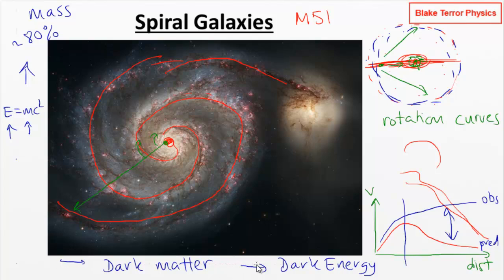And then we're multiplying up again and saying, well, you add up all of your visible matter and your dark matter, and if you double that, that gives you the dark energy. So we're only looking at a small fraction of the total mass energy inside the universe. So a lot has come off the observations of spiral galaxies. Right, so I got a little bit sidetracked there, but I think that was a good place to drop it in. Right, let's look at a couple of other spiral galaxies then.